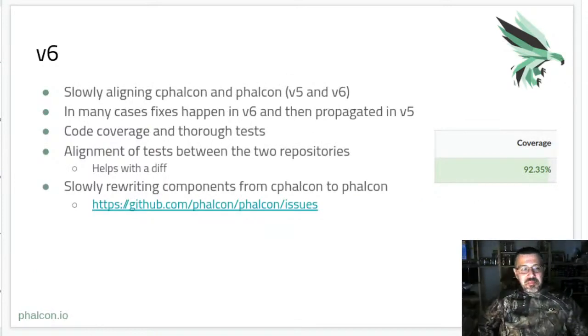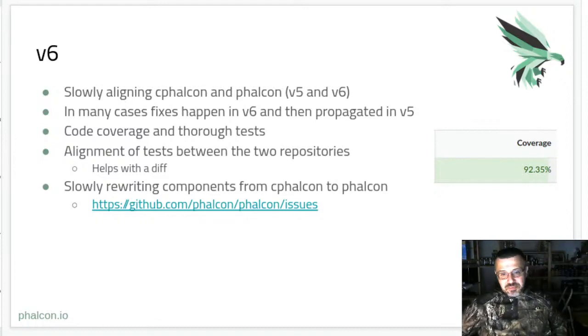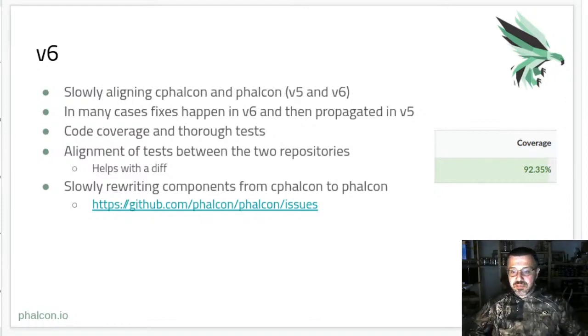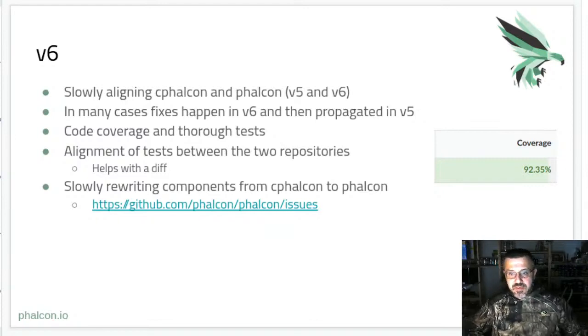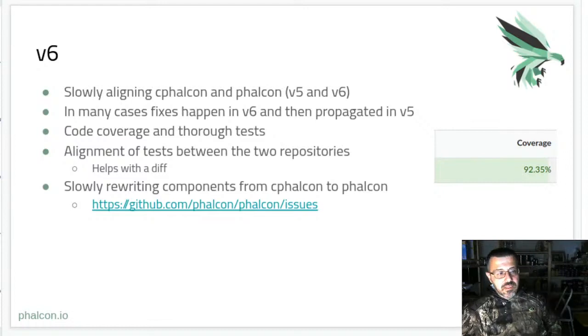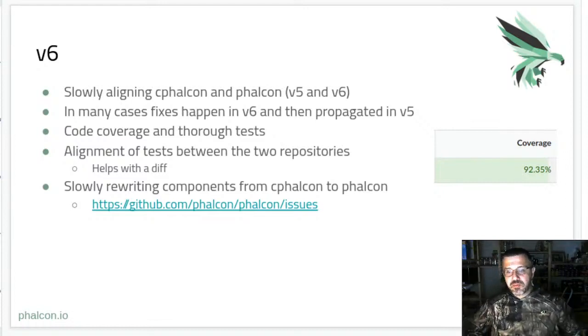Brief update on version 6. There are some things that are already in version 6. The repo, in case you don't know, it's Phalcon, not Falcon C Falcon. And there are some classes already and namespaces that have been implemented there. We're slowly aligning the code between C Falcon and Phalcon, for the classes and namespaces rather that have already been